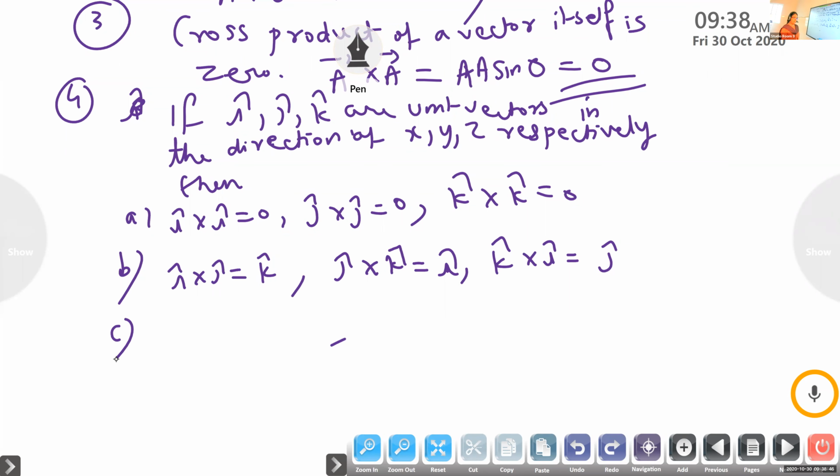Now you have the third set. Third set means alternative cross product. That means instead of i cross j, if you take another vector, this is j, you will get negative also. Here also negative 1 can come. So that is the third set. So you can write i cross k, jumbled, is equal to minus j. So it's a jumbled one. j cross i.